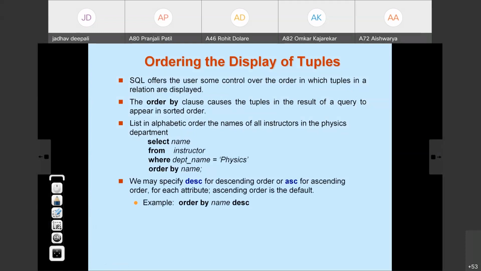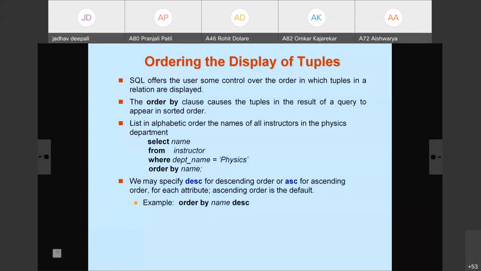So from instructor where department is physics, the result of this query displays the names in alphabetic order from the physics department. Here I have not used ASC and DESC. ASC and DESC are used when we need some order. By default SQL provides ascending order. If we want descending order, we can use DESC for descending and ASC for ascending.